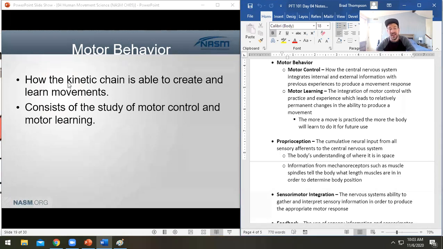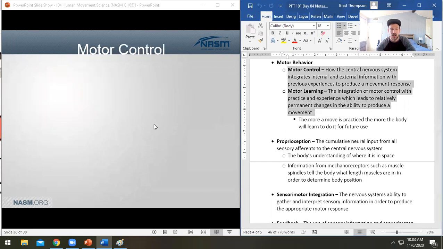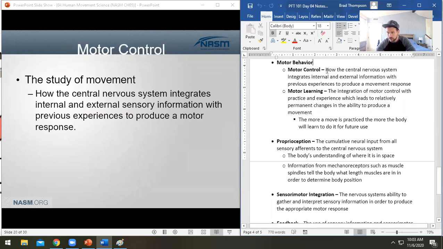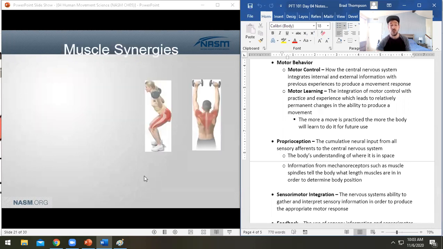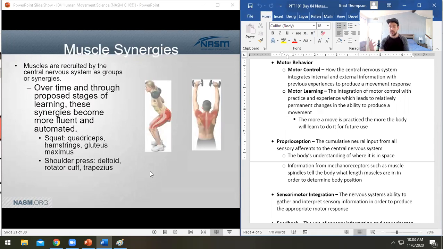So motor behavior is how the kinetic chain is able to create and learn movements, and it's made up of two major concepts here. Your motor control, which is how your nervous system integrates information to produce movements. And your motor learning, which is how your body learns how to do things slowly over time, leading to relatively permanent changes,